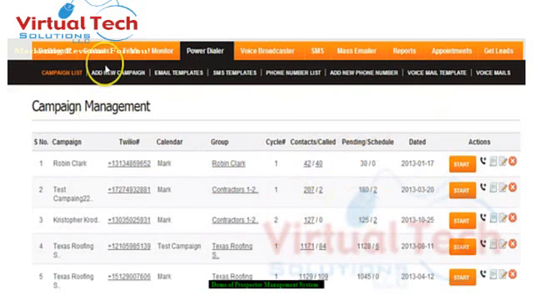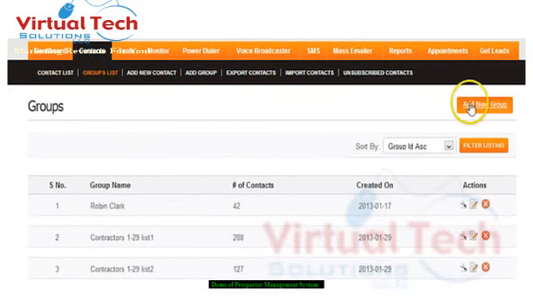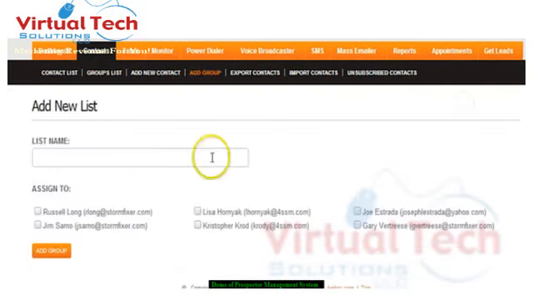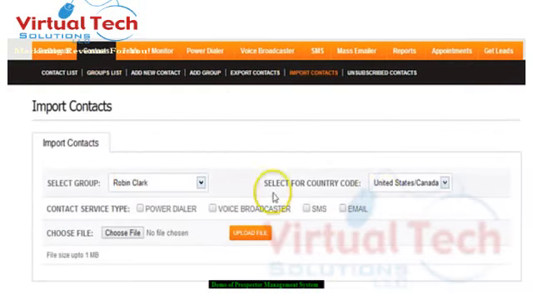Now, speaking of contacts, here is where you will load your contacts, and that's also a very simple thing. The first thing you want to do is go to Groups. Okay, and you can go inside of Groups and click Add Group. Once you add a group, you can assign it to whatever team members you want. Click Add Group, and once that group is added, then you can come in and import contacts by selecting the group that you want to add those contacts to, selecting the service type that you want to make those contacts